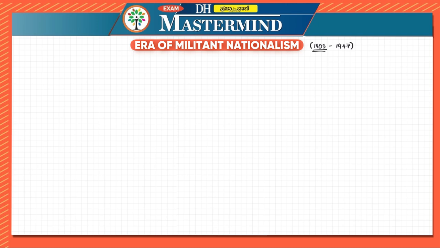In case of background, the first thing you have to look at is the formation of the Indian National Congress. We still have not gone to the era of militant nationalism. I'll just write over here: the era of militant nationalism is between 1905 and 1909. Why is this timeline taken? Because in 1905 there was the partition of Bengal, and then there was the Act of 1909. That forms the era of militant nationalism.